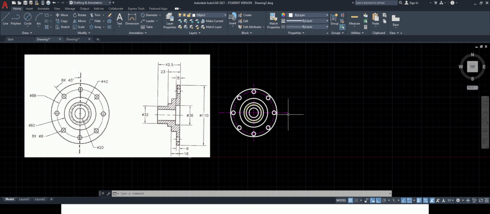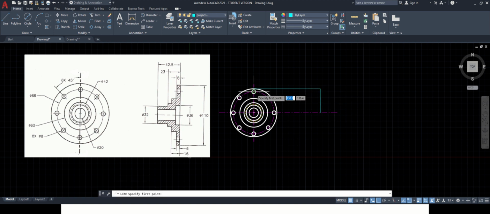Now we have to go for the sectional side view. Select the center line. I will drag it much ahead. Then this height has to be 110. So before that I will go for projections of all these lines. So I will select the projection layers, go to line command and take the projections. Now we will decide one base up to which those projections are to be taken. Let us say this is the line up to which I will be taking all the projections.